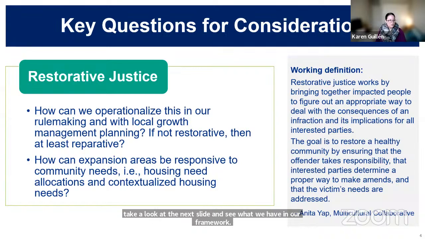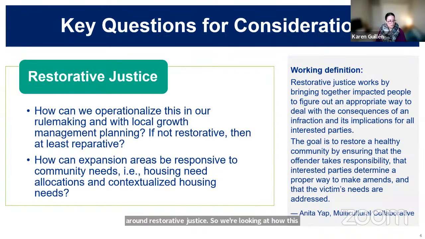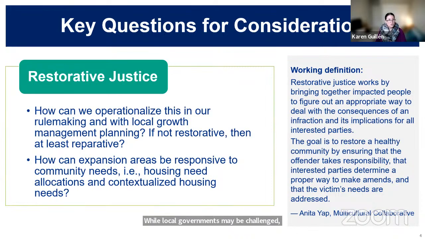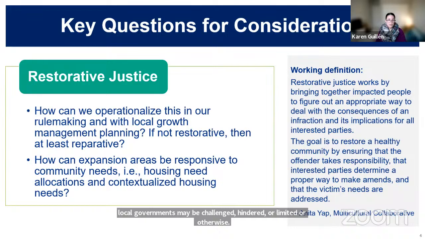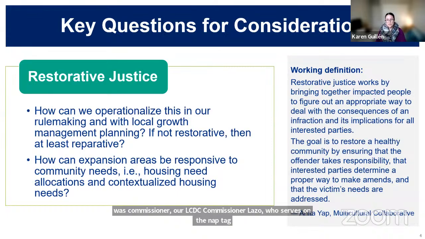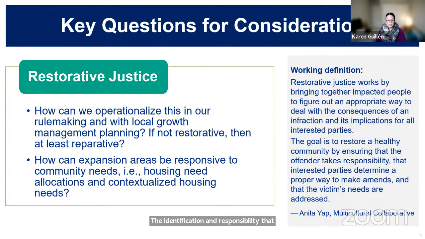So we're looking at how this is operationalized within our local policies and growth management programs, and understanding that while local governments may be challenged, hindered, or limited in bringing true restorative justice, I think the underlying goals of the ONA are to really look at reparative work that we can do in areas where we can take accountability. And I think it was our LCDC Commissioner Lazo, who serves on the NATTAC, who had shared with the group three components around restorative justice. The identification and responsibility that jurisdictions can take, knowing that injustices around housing have occurred in their community,